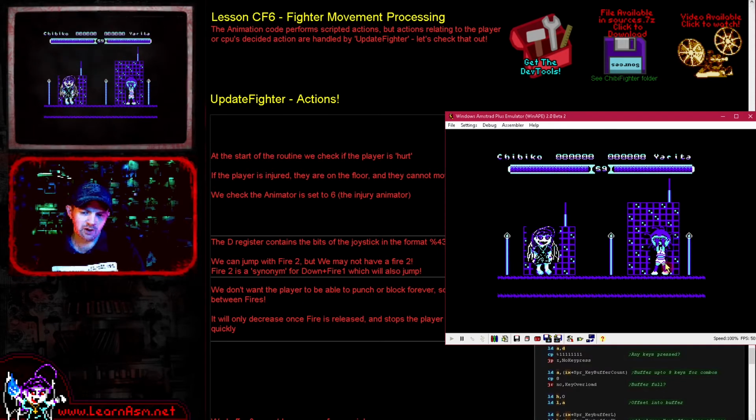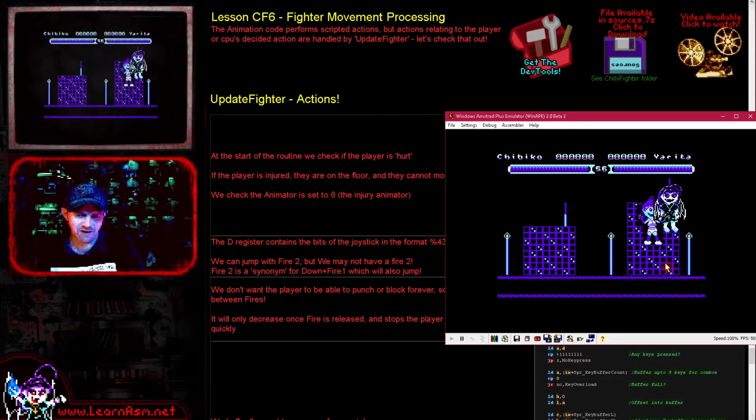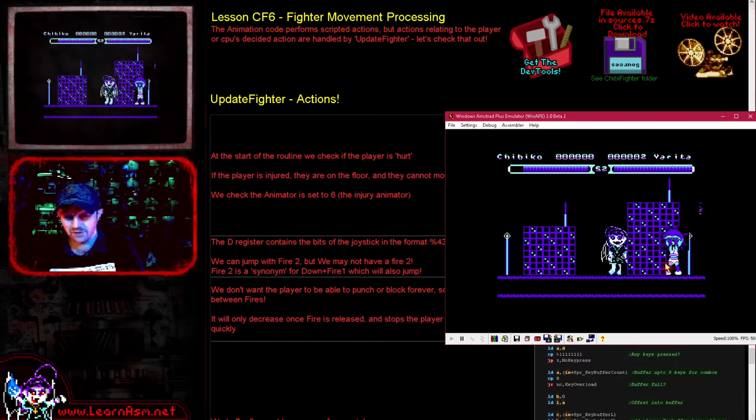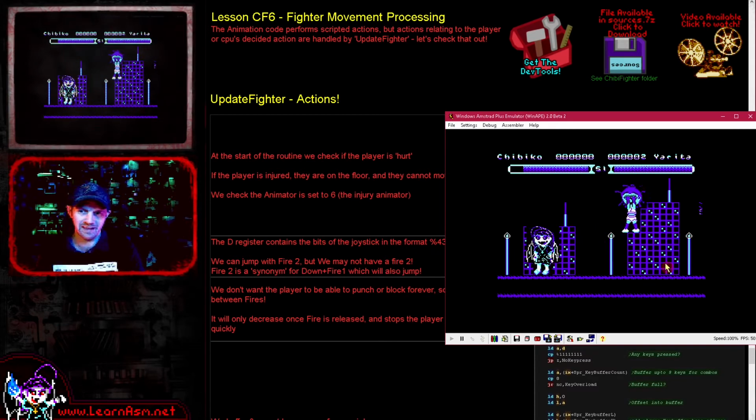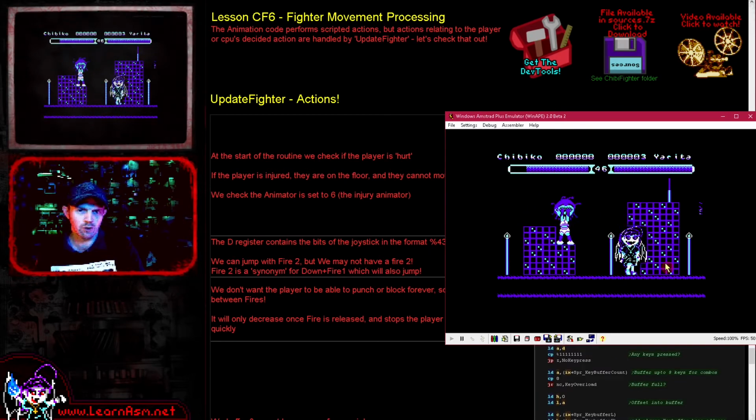Now, the player movement code also handles unavoidable facts like gravity. If you get pushed off the screen, like there, I've been pushed off the screen, then you'll get pushed back in by the edges of the screen. It also handles things like detecting the player's key presses, and it actually controls both the human player